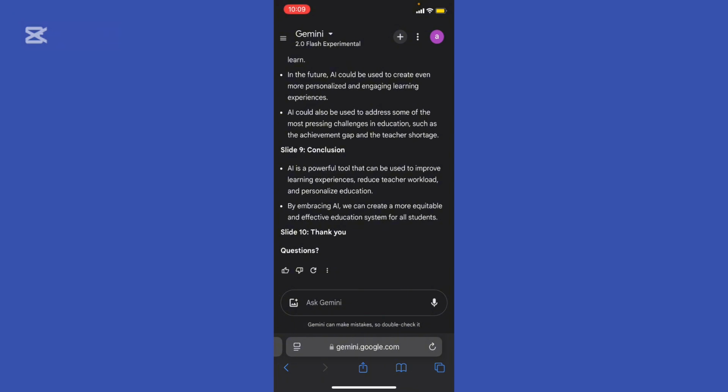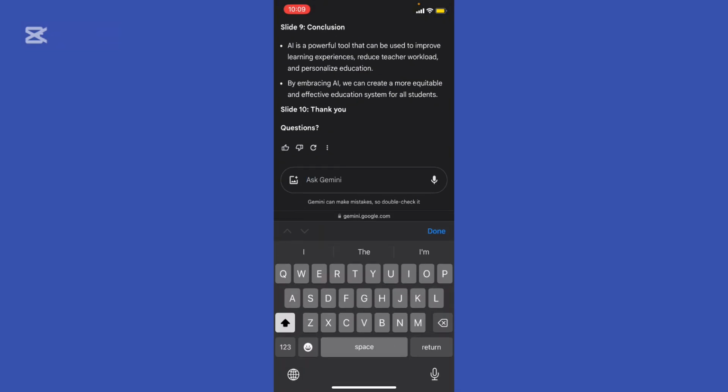Once you've set your preferences and everything, we did the thing which is asking Gemini 2.0 to generate slides, right? We're gonna now generate a full presentation. So, for example, we want to generate